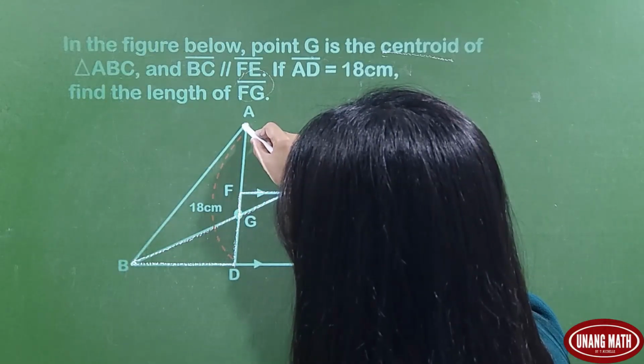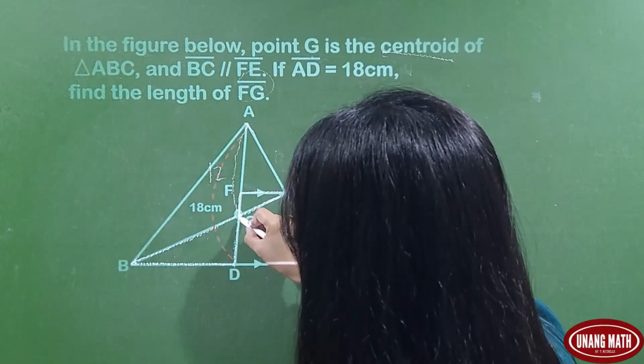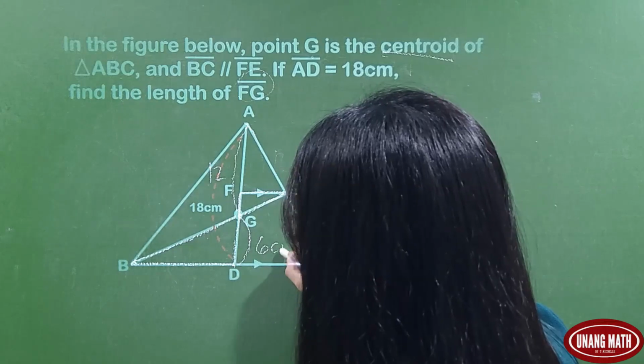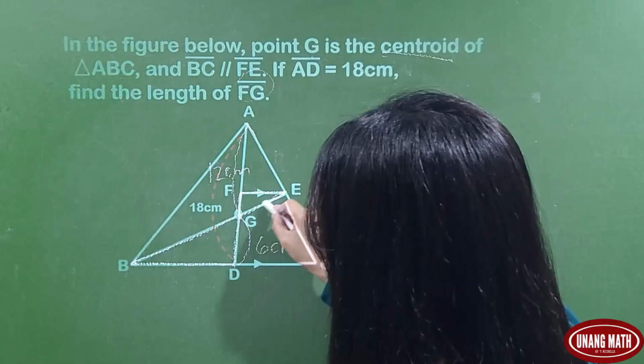Again, we have here segment AG. This is 12 centimeters and DG is 6 centimeters. Considering these two triangles